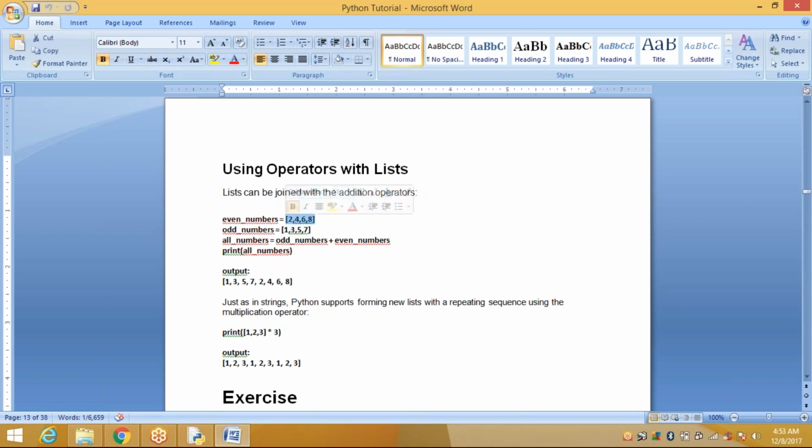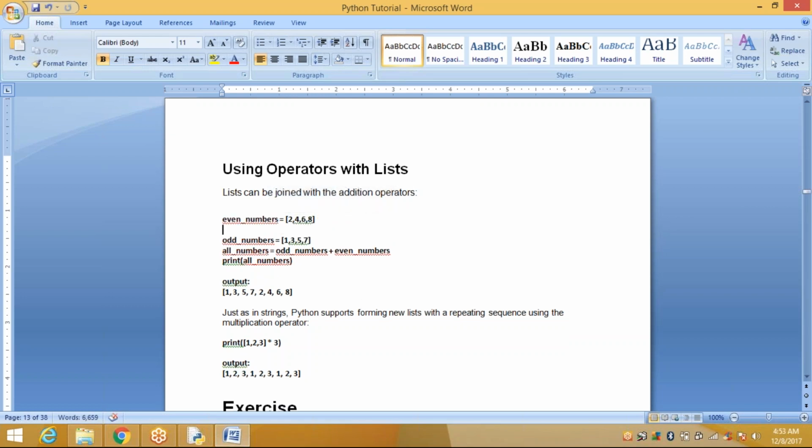We have already seen the list example. Suppose even numbers is equal to square bracket of 2, 4, 6, 8, like this. A tuple we define like this: tuple equal to, and within the parentheses we apply the values.